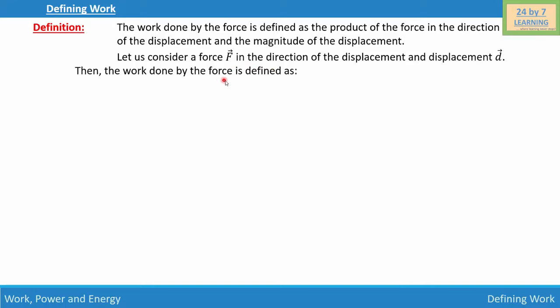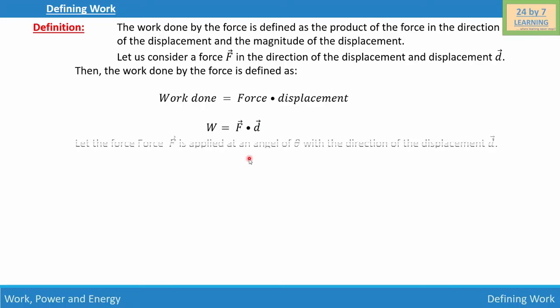Then the work done by the force is defined as work done is equal to force times displacement. So as you can see, F is my force and d is the displacement, so we will write W is equal to vector F dot vector d. Now let's try to understand what this actually means. So let us consider a force F applied at an angle of theta with the direction of the displacement